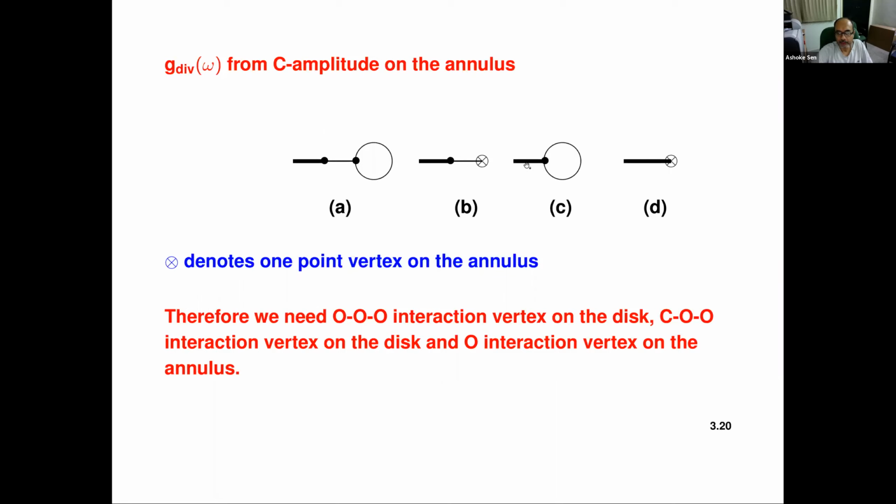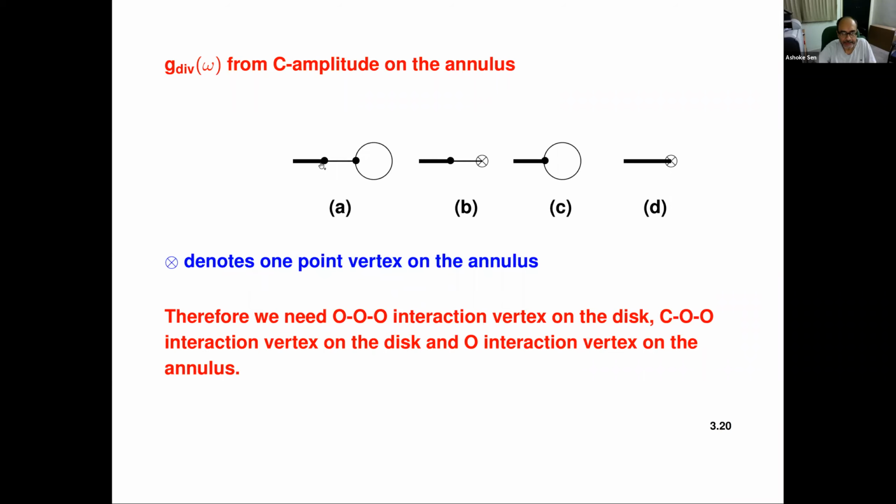Then you have the closed open vortex. If you take the two open strings that come out of the closed open vortex and join them together, then that's also a one-point function on the annulus. That's a contribution to the one-point function on the annulus. And finally, this is the contact term. This should be completely non-singular, away from all singularities. Each of these will have some singularities, because whenever you see a propagator, the corresponding q going to 0 is a singular limit: either V goes to 0 or X goes to 0. Similarly, here there is a propagator, here there is a propagator. So these are singular diagrams. This one is non-singular. This cross will denote a one-point vortex on the annulus, as I have said.